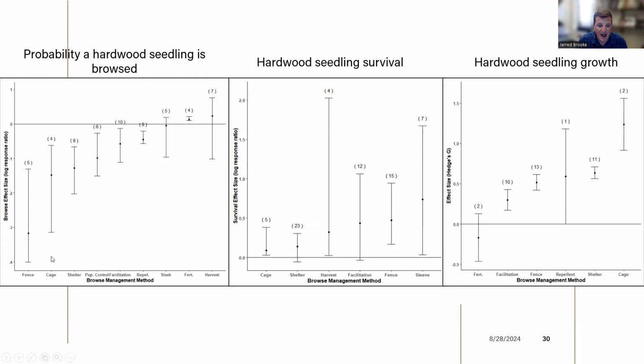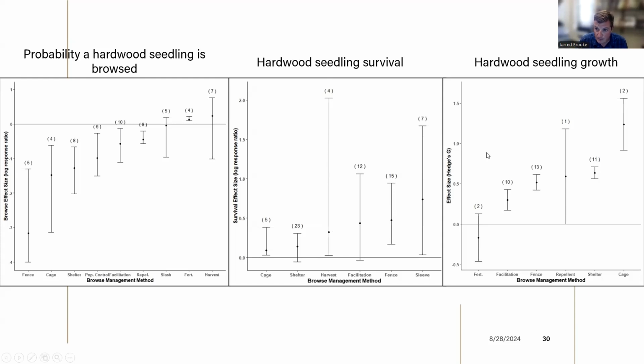So it may be kind of counterintuitive to fertilize trees. The thought is you could fertilize trees to get them to grow fast enough outside of deer's reach, but by fertilizing them, you kind of make them more selective to deer. This one in the middle is hardwood tree survival. So things like caging them increased hardwood survival. Harvesting, so harvesting would be like doing a timber harvest, increased hardwood seedling survival, as did fencing and putting mesh